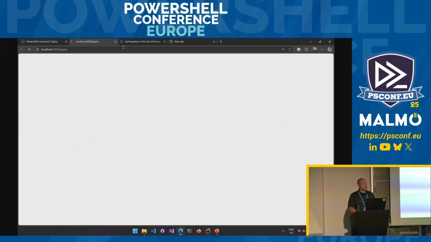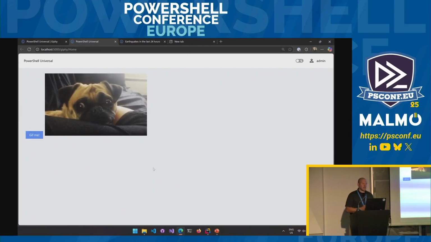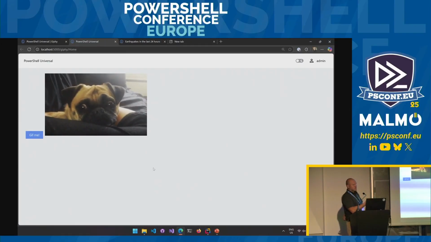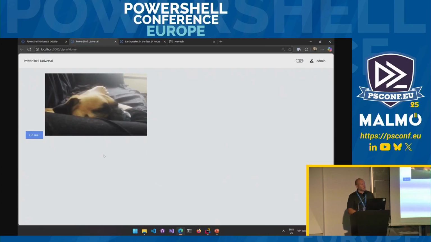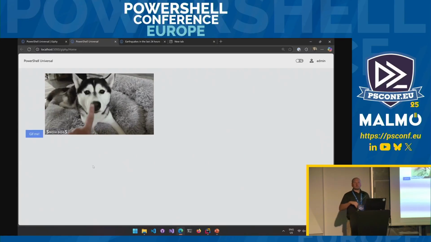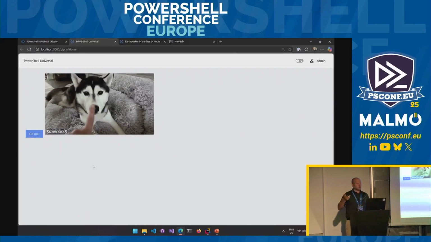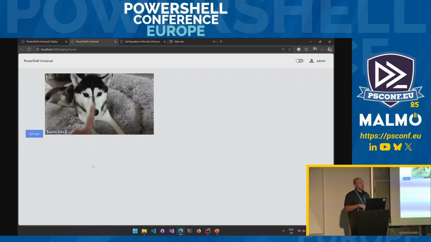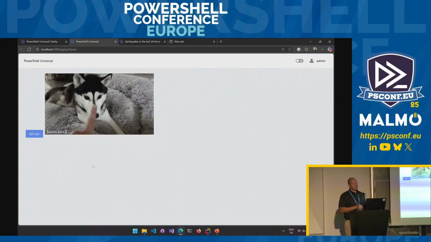So I go click that. You're going to see that I have a cool dog because that was stored in my session. It had actually cached that. But if I click the GIF me button here, it's going to spin. It went out to Giphy, got that random URL, stored it, and then refreshed the browser page with the new URL. So you can imagine this is a pretty silly example, but we've seen very, very cool UIs built around